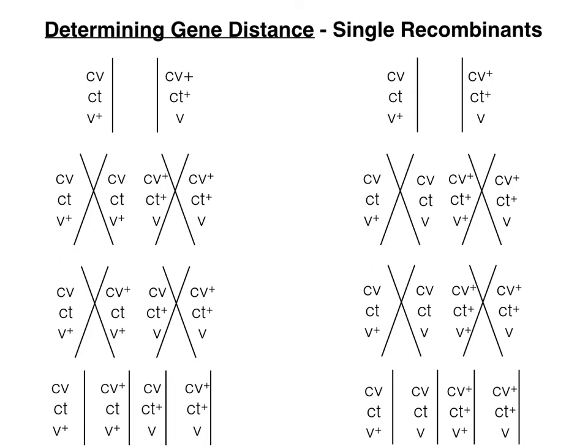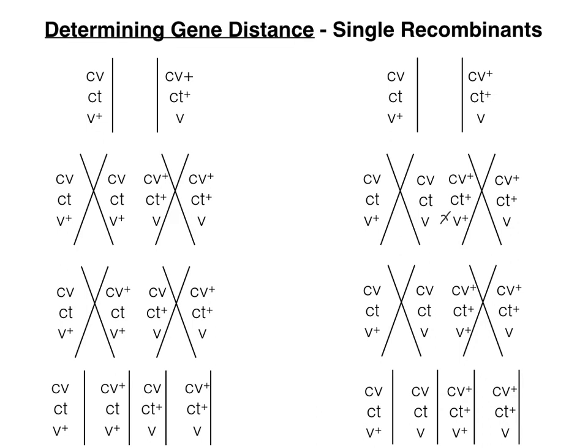The next step, again, given that gene order that we discovered on the previous slide, CV, CT, V, this time, you can probably guess what's going to happen. I'm going to replicate my DNA, but allow for a crossover to occur between the CT and V loci. So I'm allowing for the possibility of a single crossover event to occur between each of these two pairs of loci taken separately. First it was CV and CT, and now it's going to be CT and V. So single crossover,